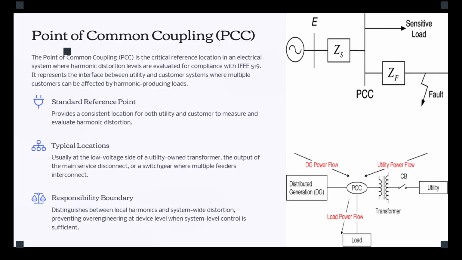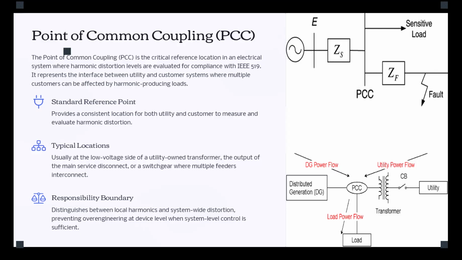for the power system. Now, the PCC is important because harmonic distortion at that point can affect not just our system, but other users that share the same network can be affected. So the PCC basically ensures fairness by providing a consistent and standard place to evaluate the harmonic impact. Common PCC locations include the low voltage side of the utility-owned transformers after the main service disconnect, or at the switchgear where multiple feeders are combined. So this means it's usually found right after the point where the utility hands over power to the customer,